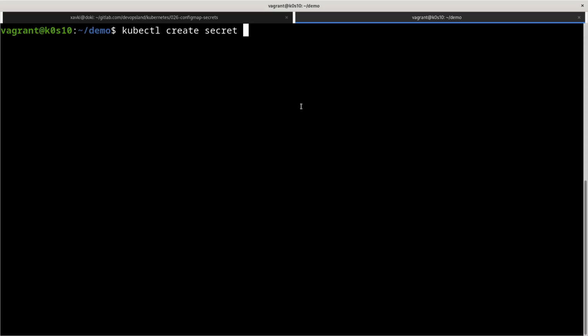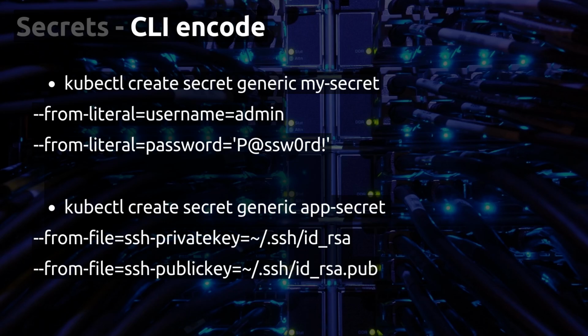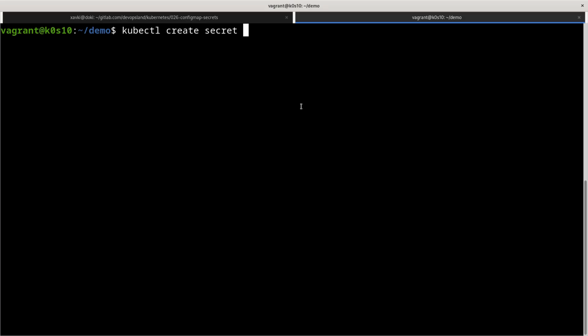So you can use secret, we can set a secret with the type generic, so this is like opaque, and my secret like that, and from literal or from file, from literal like that. And I want to set username equal Xavki, and from literal again we can set here